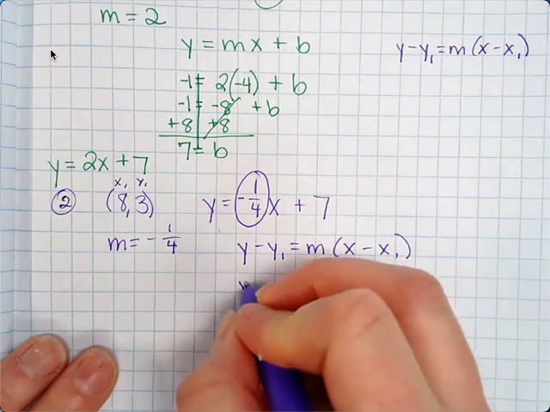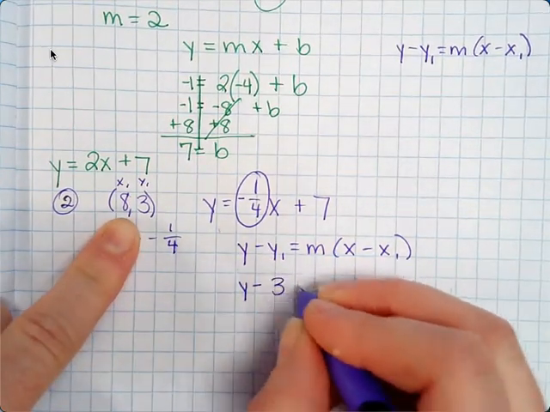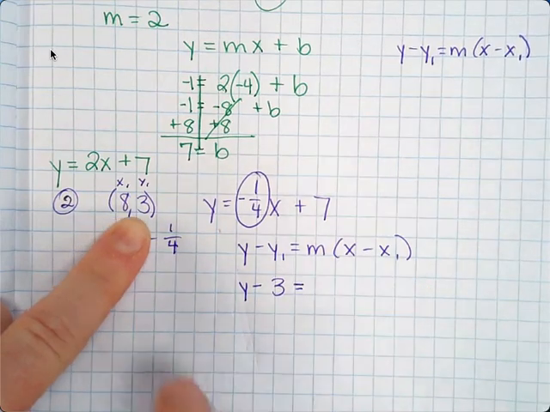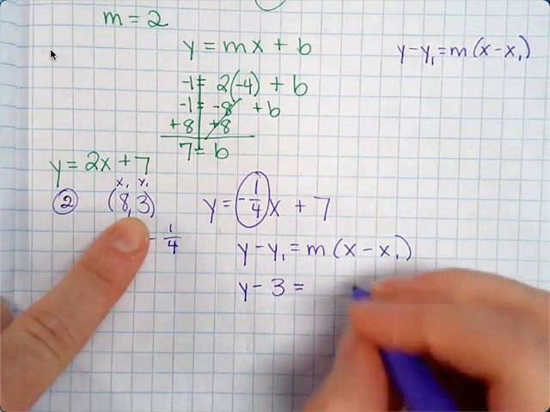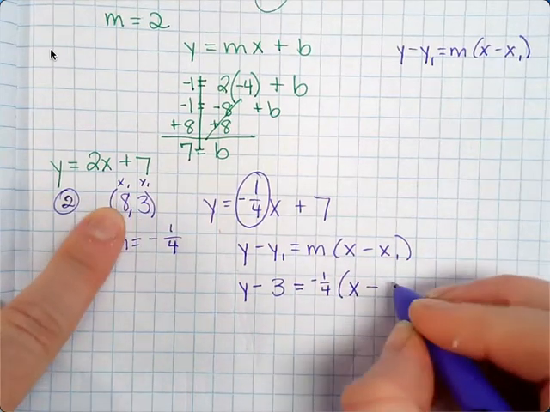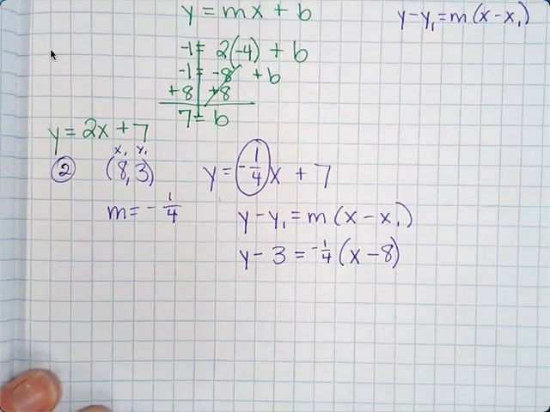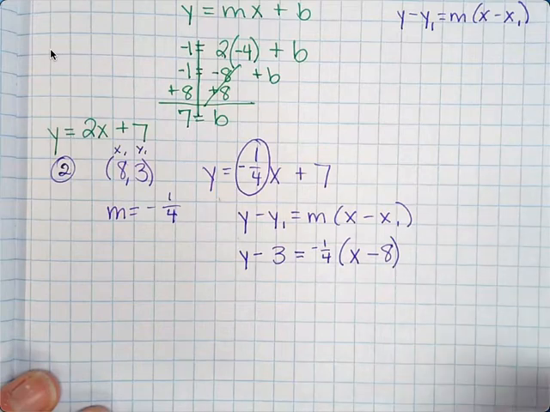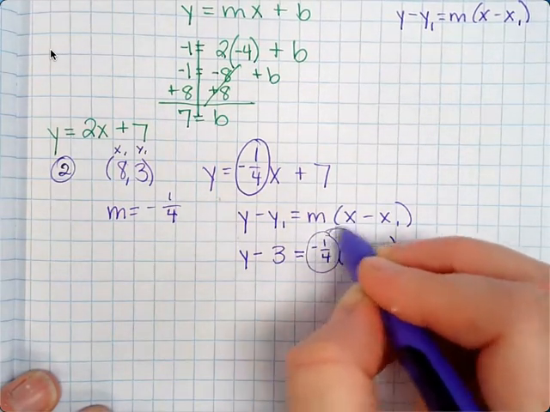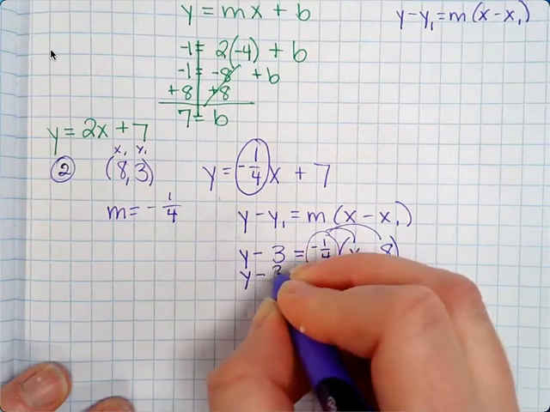So it'd be y minus y1, which is 3, and then m is -1/4, and then x minus x1, which is 8. Then I distribute the -1/4 to everything inside. So on the left side, still y minus 3 equals